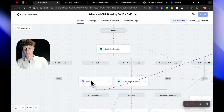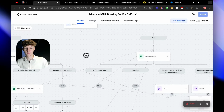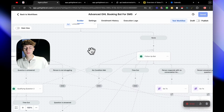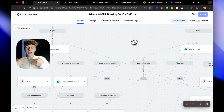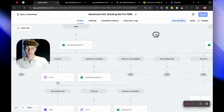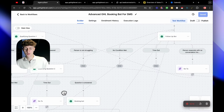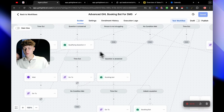So this is all automated. And then it obviously goes to the follow-up bot. This generates a unique follow-up every single time they don't respond. It is meant to engage them back into the conversation, so they aren't just left on ghost. They're not ghosting you, because at any stage of the qualifying questions in the SMS booking bot, they're always going to be re-engaged back into the convo with a unique follow-up question to get them